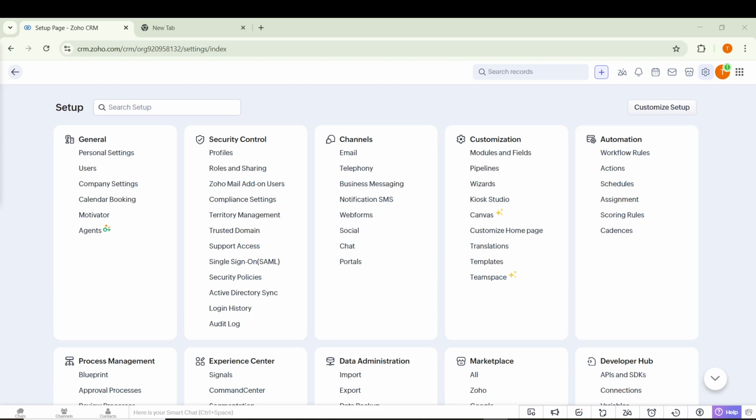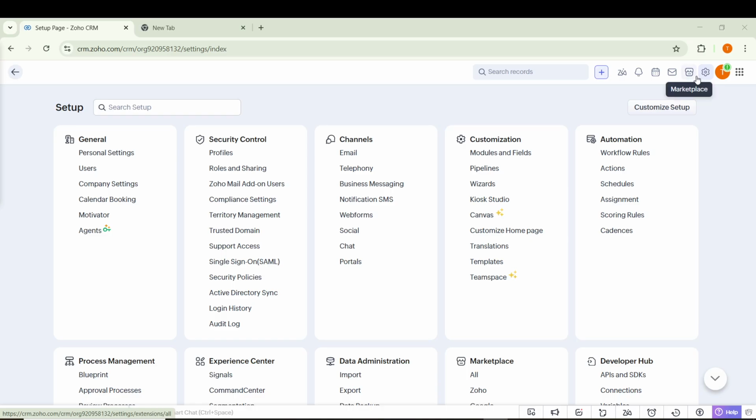In today's video, I am going to teach you how to assign leads in Zoho CRM. Assigning leads correctly is important because it makes sure every new inquiry goes to the right person fast. In Zoho CRM, one of the most reliable ways to do this is by using assignment rules. These rules automatically route leads based on conditions you choose, such as location, lead source, or other fields in your